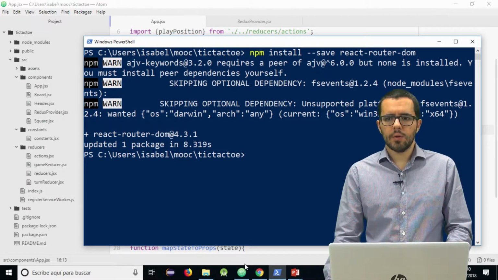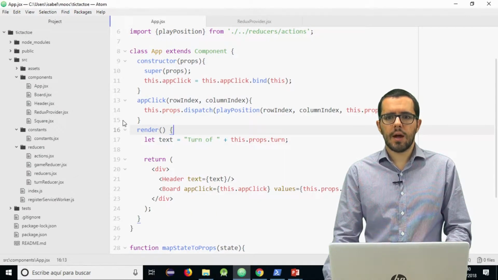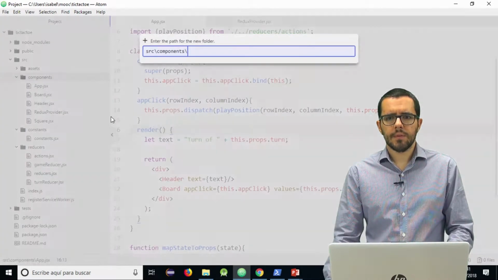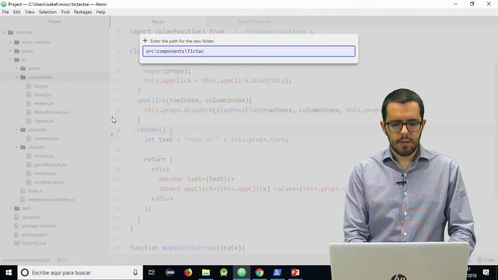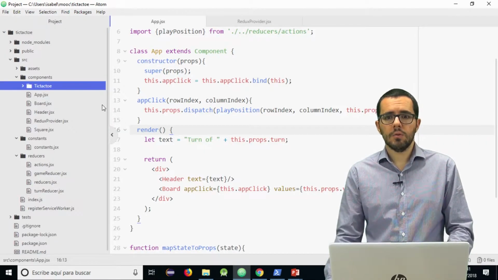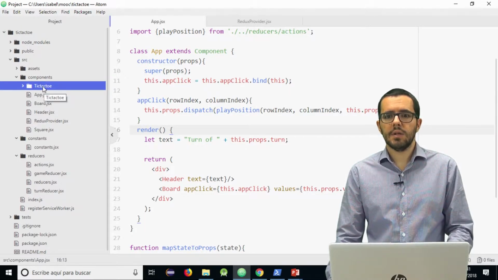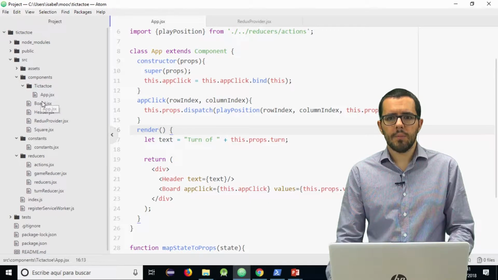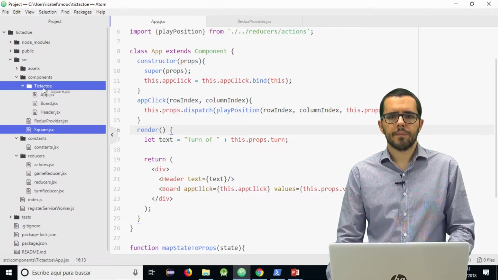Now what we have to do is to restructure our application. We can create a new folder here for the game. We call it tic-tac-toe. In fact, we could have, for example, several folders with different games in the future. And now here we move our components up: board, header, and square.